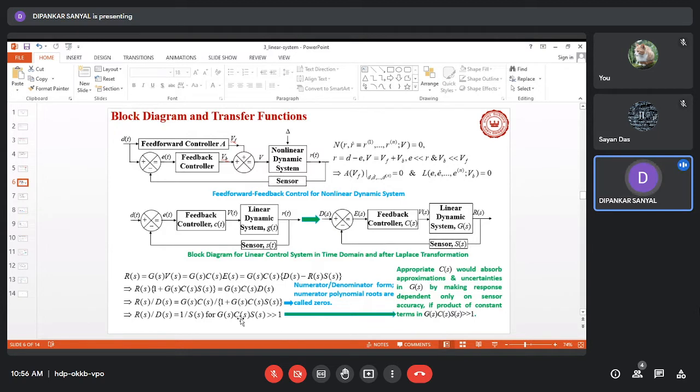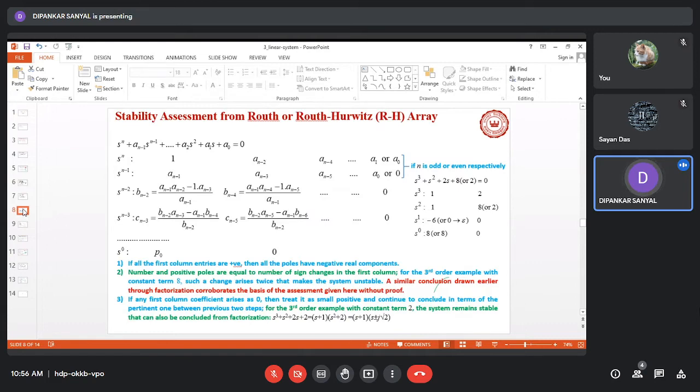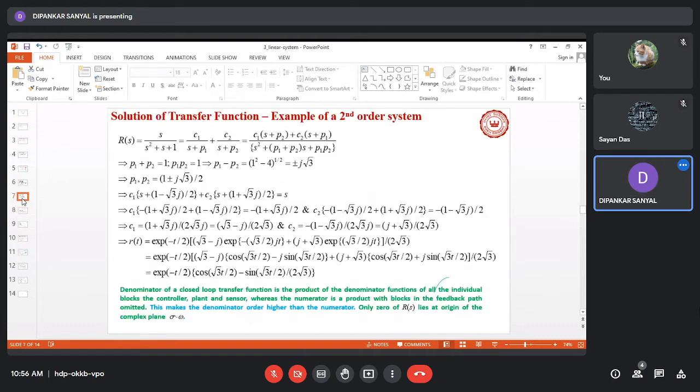So that is a critical observation we could make through this loop reduction. And also the other effect of the loop reduction would be